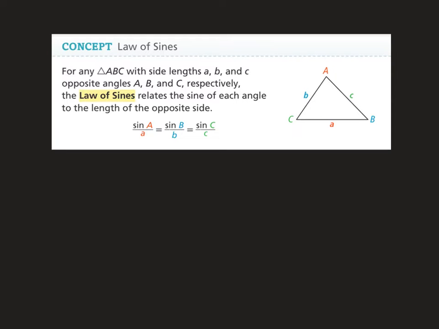Okay, so the law of sines is actually pretty easy. It is this right here that basically just says that we take the sine of an angle over the side across from it and put it in a proportion with the sine of the other angle and the side across from it. So we take the sine of angle A